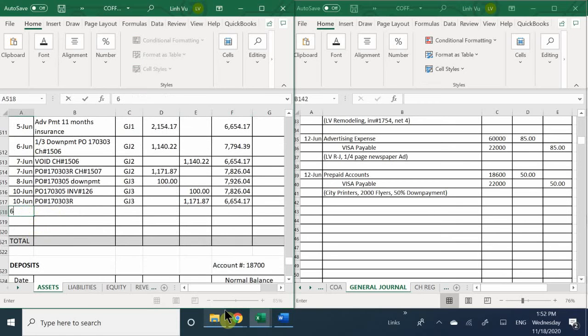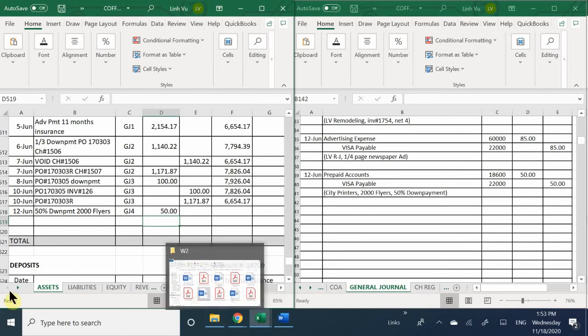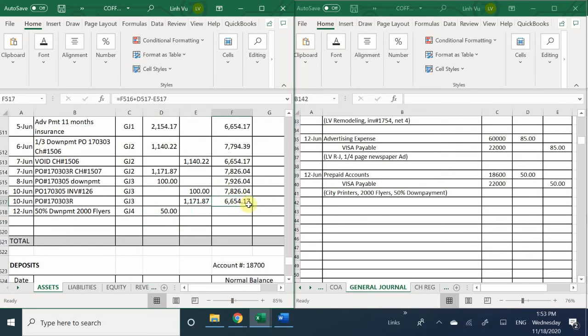So I'm going to go ahead and indicate here the date is June 12th, and I'm going to write 50% down, DWN PPMT for the 2,000 flyers. Okay. General Journal number 4, and we have this for $50. So bringing my account balance to be